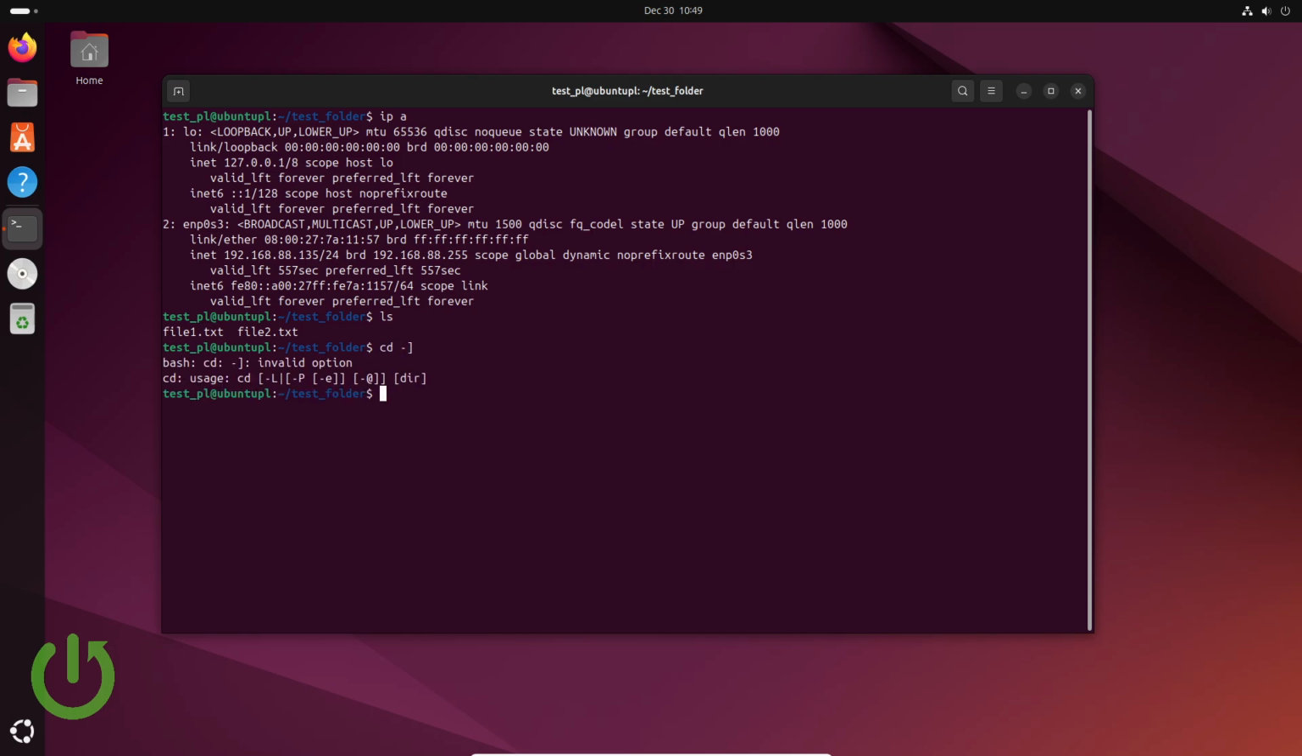I will go back, not like this, and right now we are in the home section, and we want to basically transfer this folder. We can do it basically the same as we are doing with the copy command, because we are using in the copy command the -r option. It stands for recursive, so scp -r, and the syntax is almost the same. So test_folder, because we want to copy the test folder, and right now username, so test_pl for me, and